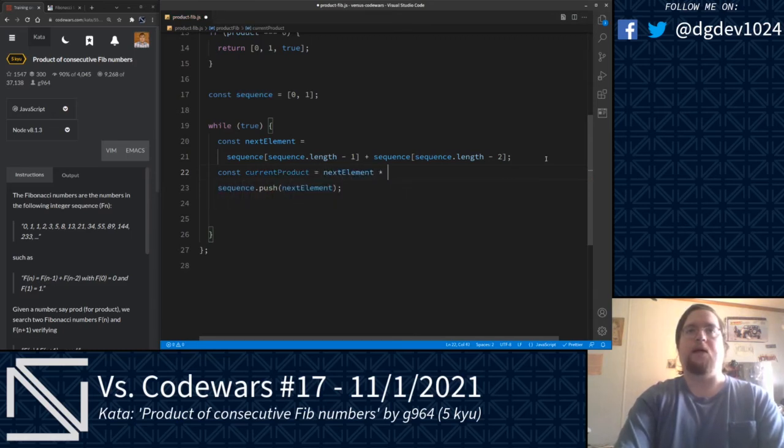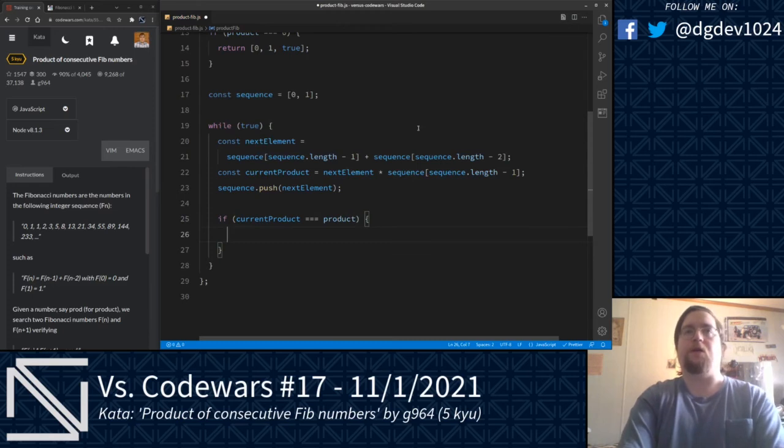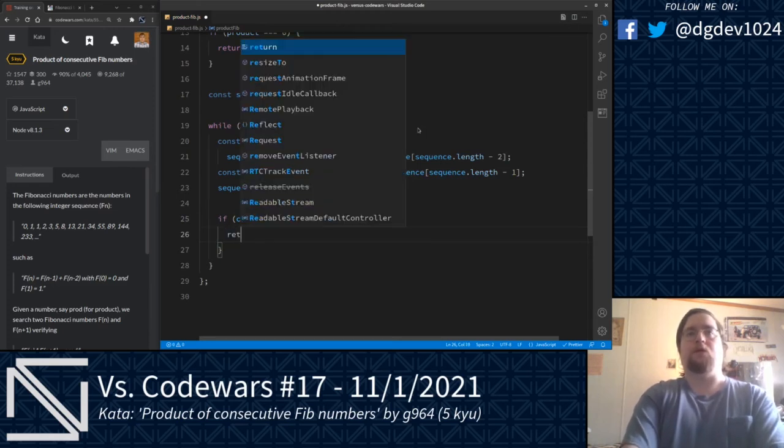Next element times sequence at sequence dot length minus 1. And then if current product is equal to the product that we passed into this kata function here, we'll go ahead and return